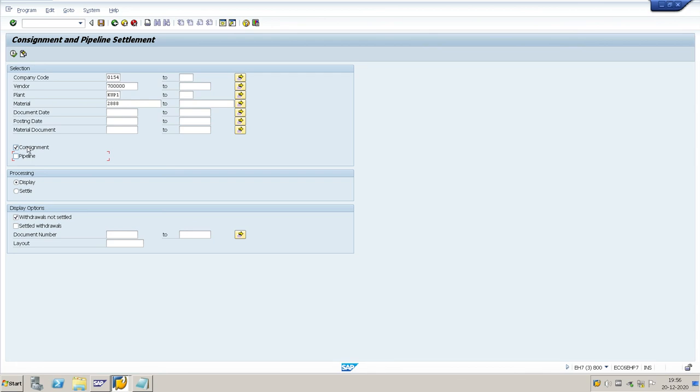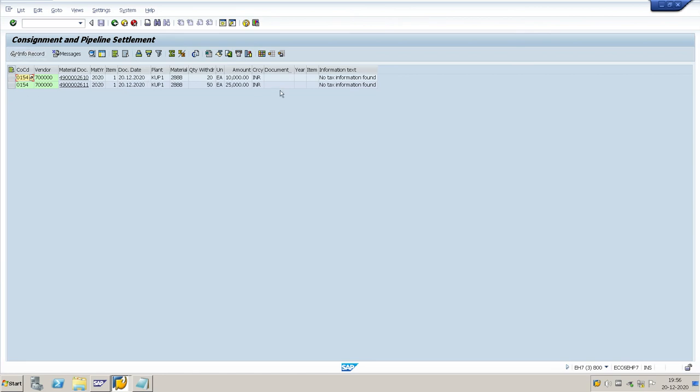Enable consignment only, then execute the settlement. It will show the settlement that happens for the vendor after the goods are consumed.